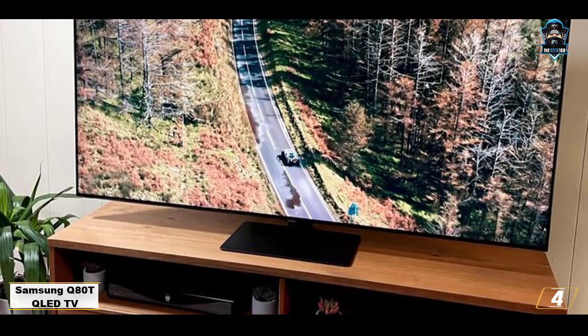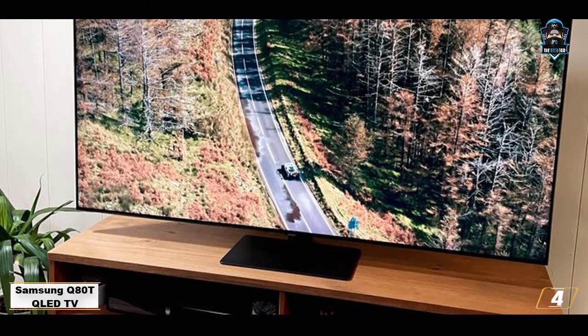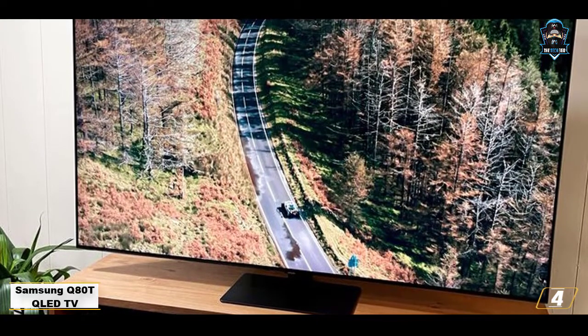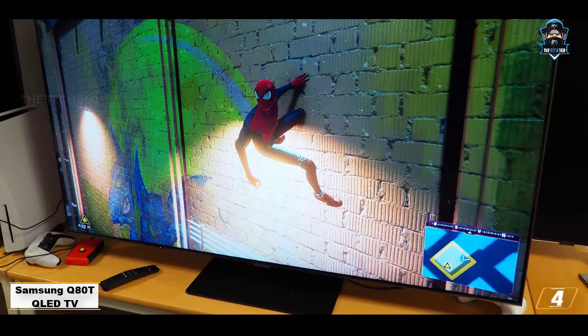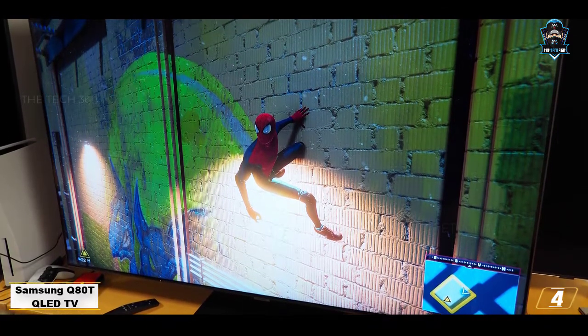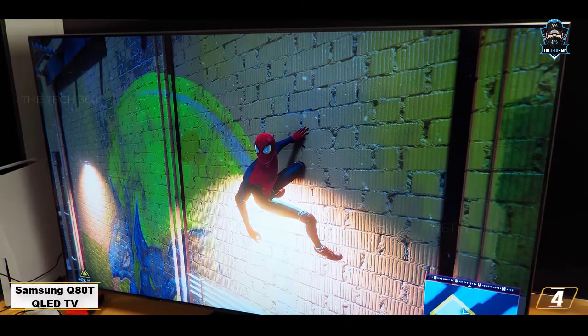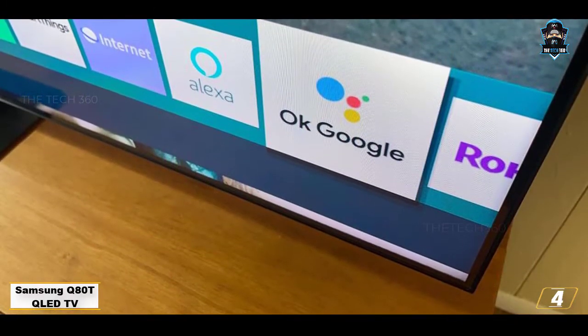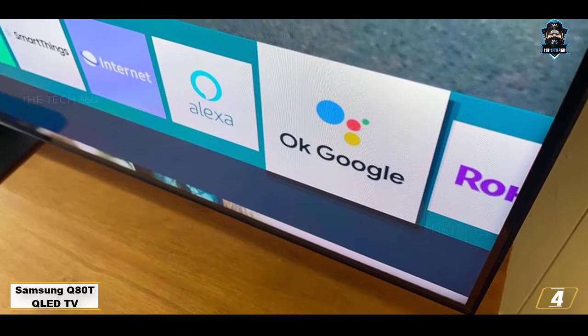Number 4. Samsung Q80T QLED TV. Samsung's 2020 lineup has one HDMI 2.1 port each, though only the Q950TS, Q90T, Q80T and Q70T have a 120Hz panel that can take full advantage of it. Of these options, we chose the Q80T as the best Samsung offering with the best balance of color quality, performance